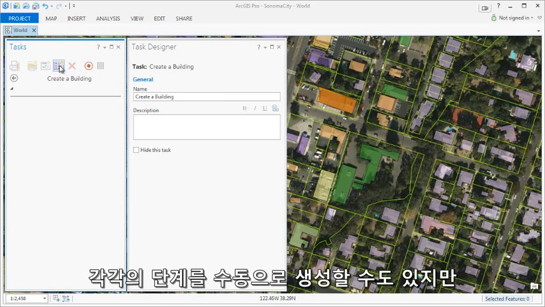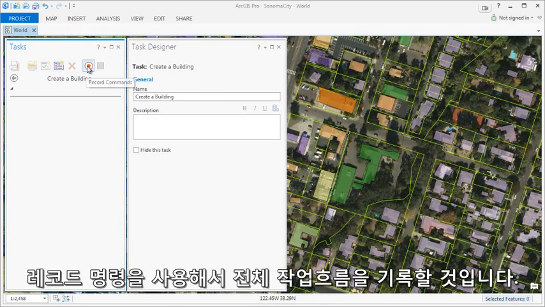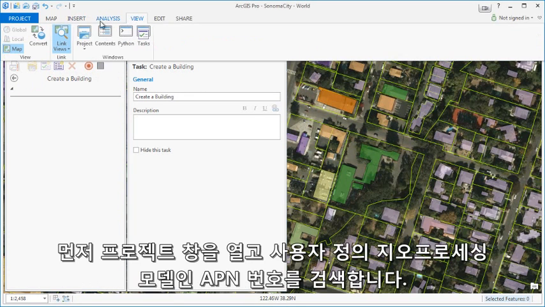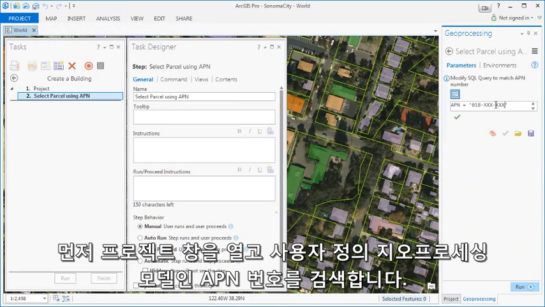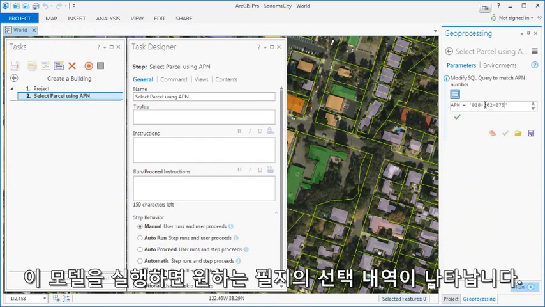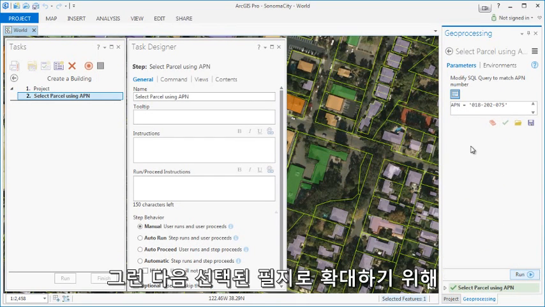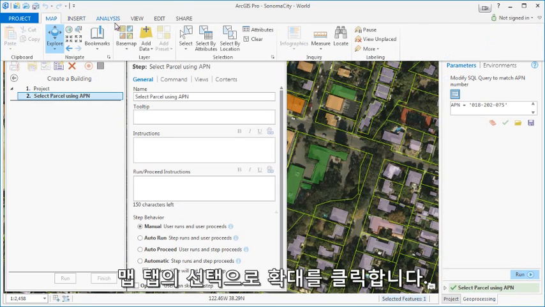Now we could manually create each step, but instead let's use the command recorder to record our entire workflow. Let's first open the project pane because if you recall, the first step was to search for the APN number, which was a custom geoprocessing model. Let's run this model and retrieve the proper parcel selection. Next we want to zoom to the selected parcel, so let's go to the Map tab and zoom to the